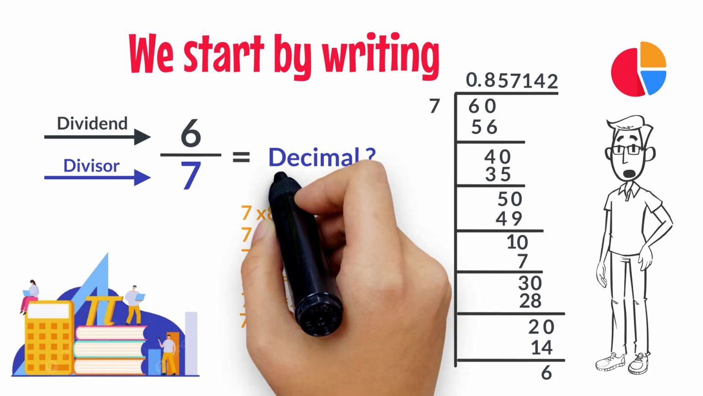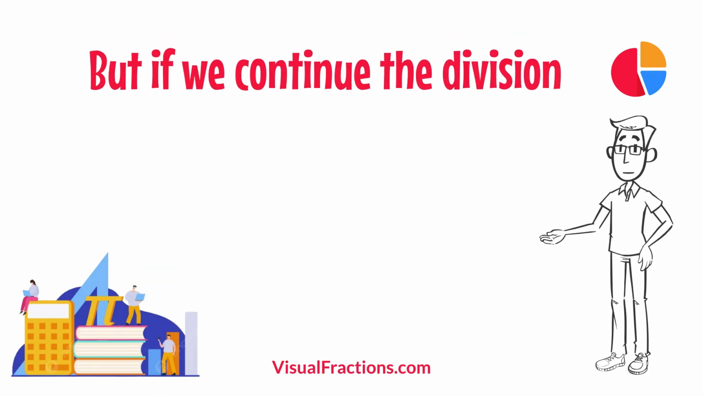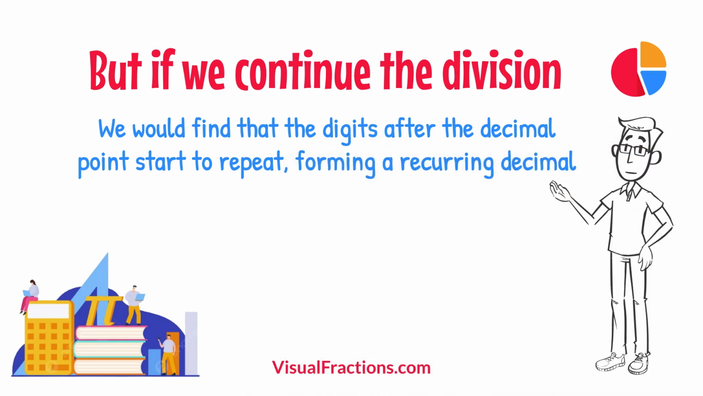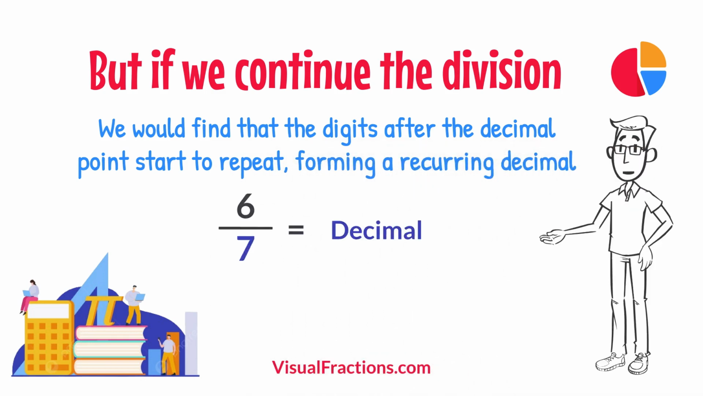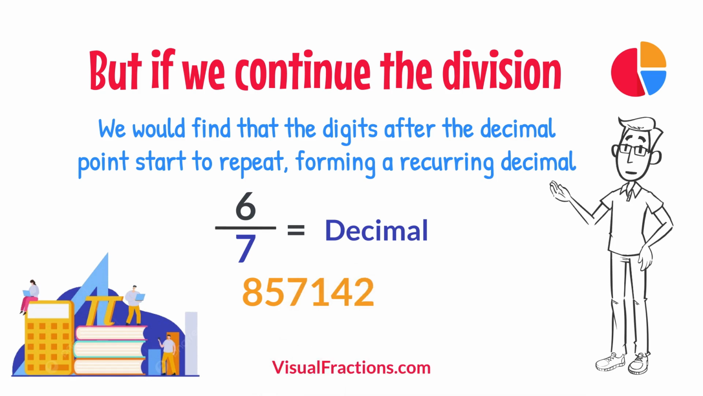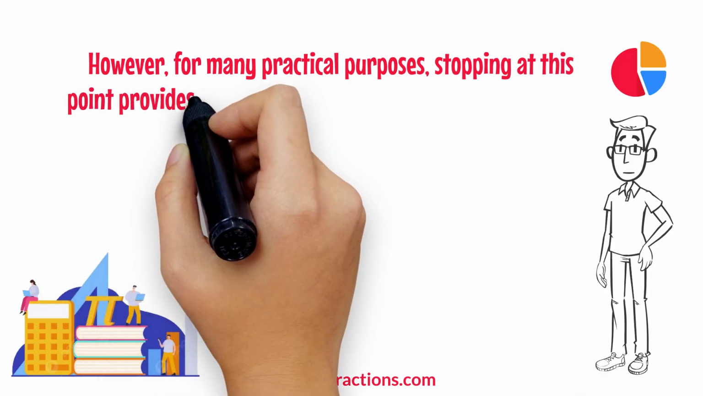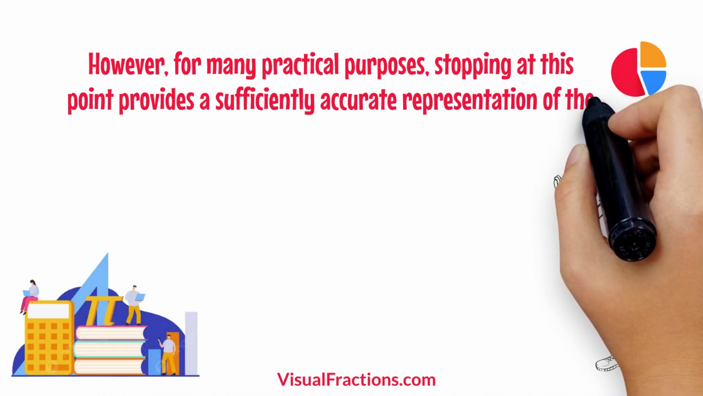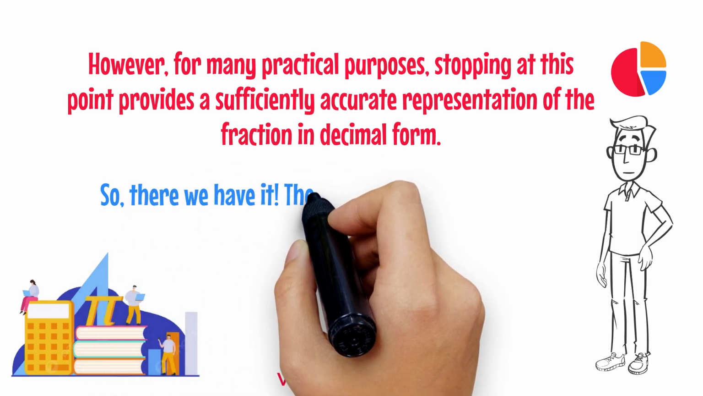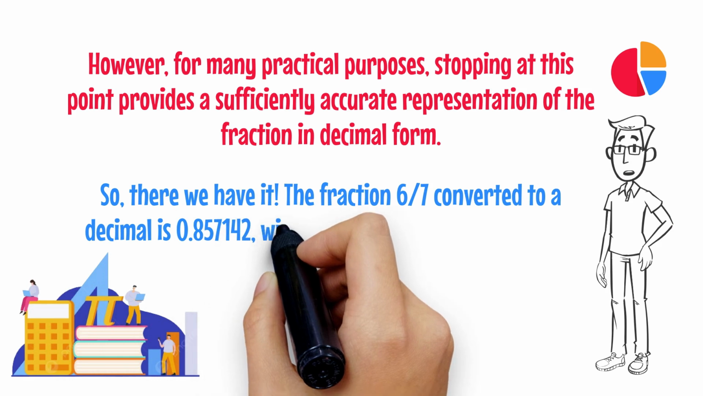We stop at 0.857142 for this explanation, but if we continue the division, we would find that the digits after the decimal point start to repeat, forming a recurring decimal. In the case of 6/7, the sequence 857,142 repeats indefinitely. However, for many practical purposes, stopping at this point provides a sufficiently accurate representation of the fraction in decimal form. So, there we have it. The fraction 6/7 converted to a decimal is 0.857142, with the sequence